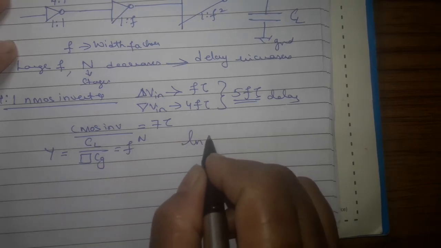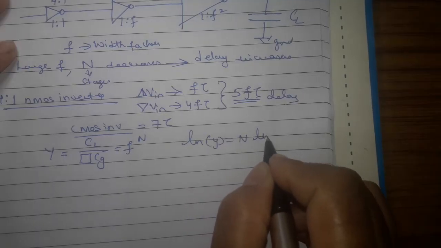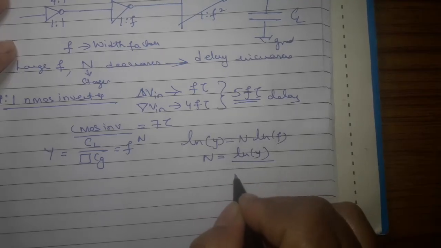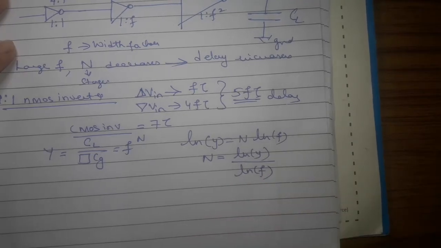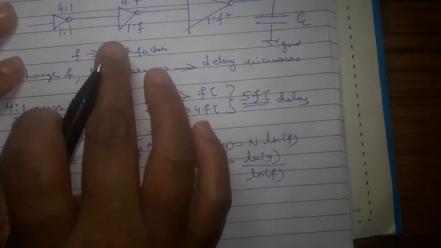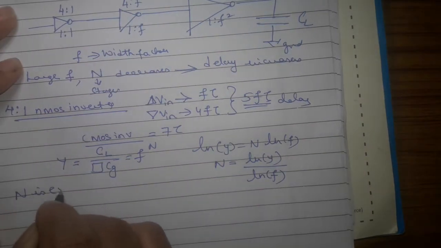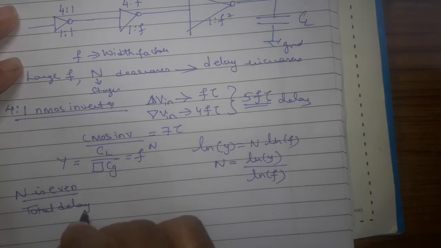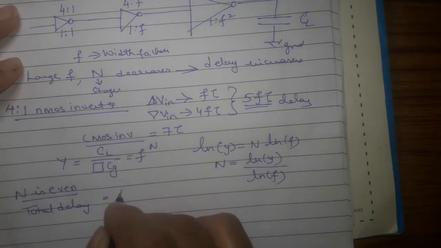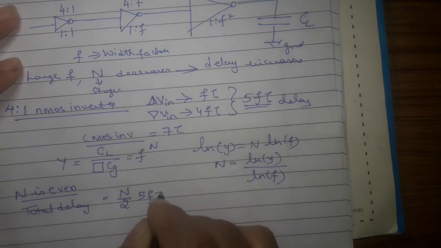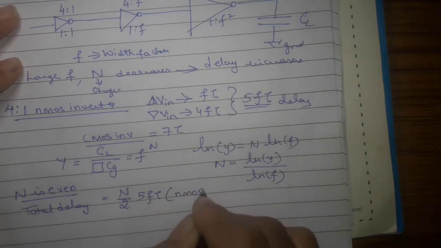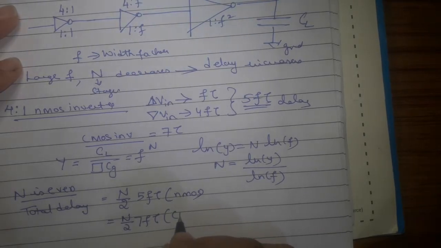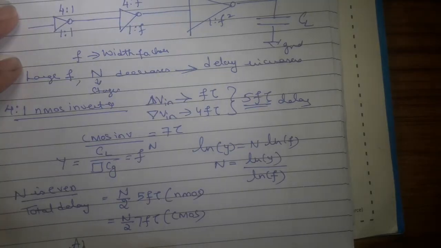We get natural log of y is equal to n into natural log of F, or from this n is equal to natural log of y divided by natural log of F. If the number of stages n is even, then the total delay will be n by 2 times 5 F tau for NMOS. In the same way, for CMOS it will be n by 2 times 7 F tau, or for all cases